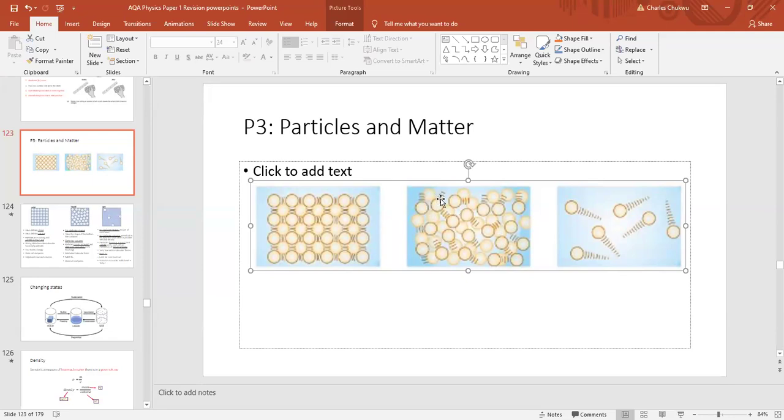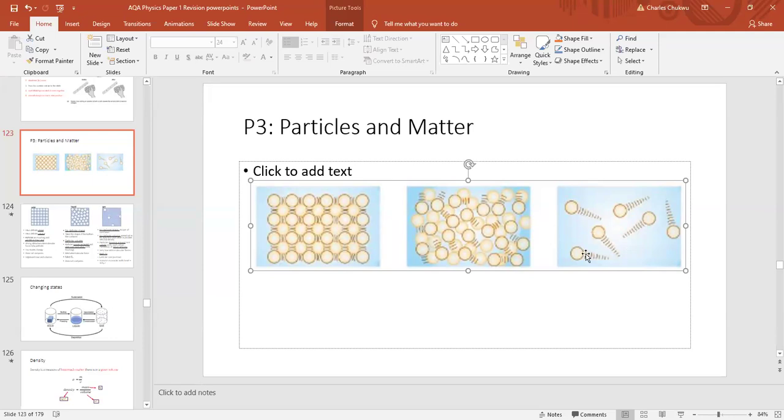But you can still see those lines showing that there's some intermolecular forces of attraction between them. That's why they are still in liquid or fluid state, and they can take the shape of the container they're in. And then finally, gases, which are totally free to move because the intermolecular forces between them are so weak